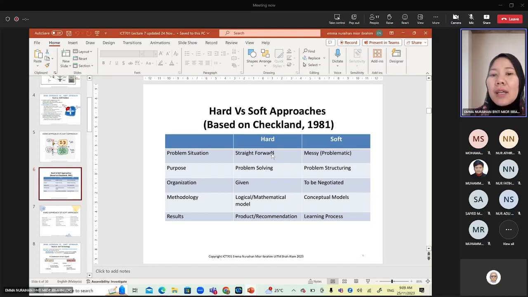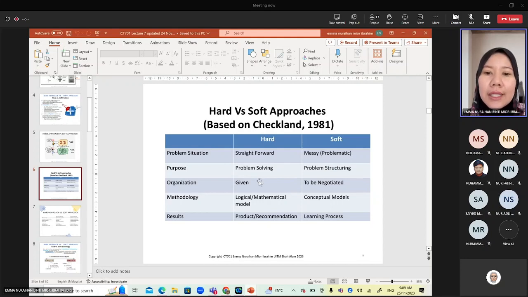Yeah. So purpose hard approaches ni problem solving. Soft ni lebih kepada problem structuring, reorganize, structure. Ya, macam mana you nak create awareness so that people get vaccines? Macam mana you nak create awareness so that people consistently use MySejahtera scan? Sebab apa kerajaan nak tahu apa the spreadness of the COVID, dekat mana yang tinggi, dekat mana yang rendah dan